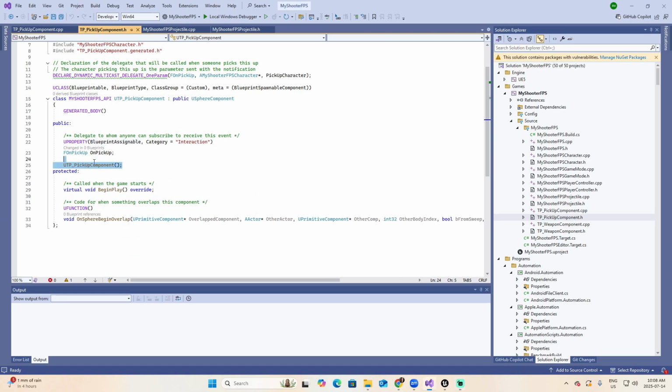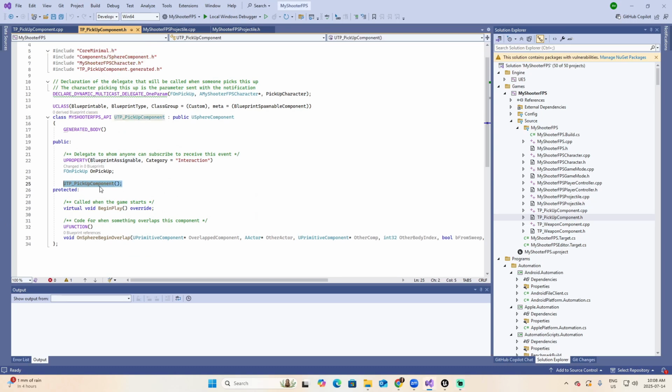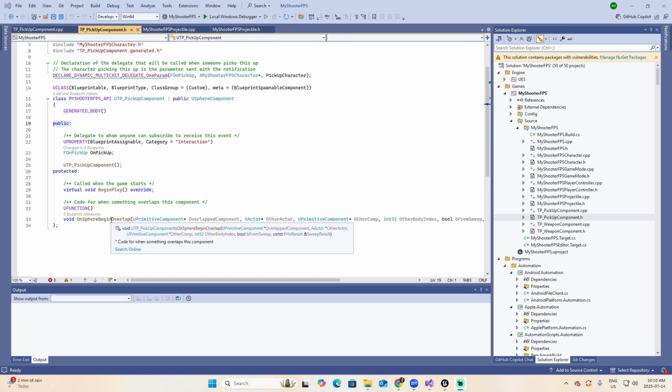Then we move to the constructor that has to have the same name as the class, which is the UTPickUpComponent. I forgot to mention, as you can see, that they are both public. The constructor makes sense because all the time you want to construct this new object and you need the constructor, but also the delegate because you want to have access to this delegate to listen to when this event happens. And finally, we have the protected section with a virtual void BeginPlay that we're going to override and a function for handling the